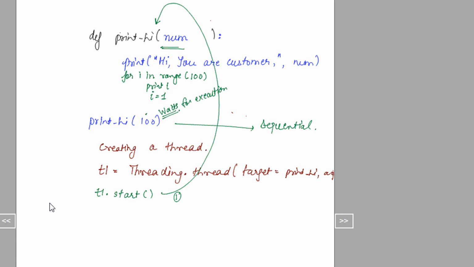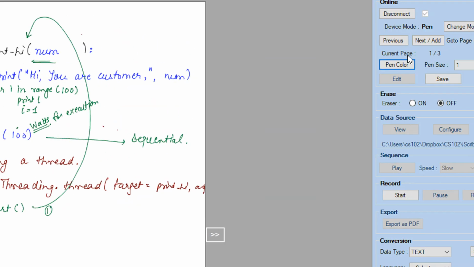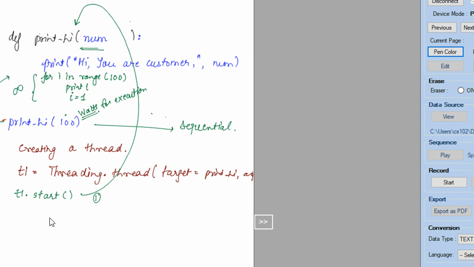So this is an infinite loop. It will keep on executing. Now what will happen if you do a sequential process? Let me mark this in red. Because it was sequential, it will actually wait for this to exit. And we know this will never end because this is an infinite loop.